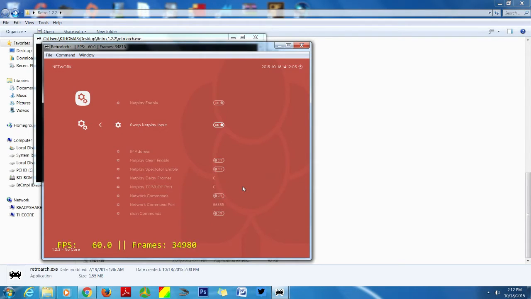The minute you run the game, you're kind of in the NetPlay mode, and you might get something asking you to give permission. So you want to make sure you give permission. Of course, you have to make sure that you have opened your port, and that's the port that you have to open to make sure that you have the correct port. I think actually no, this is the port. It was 55435.